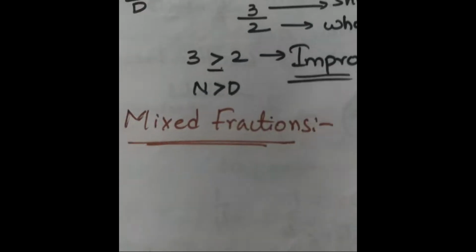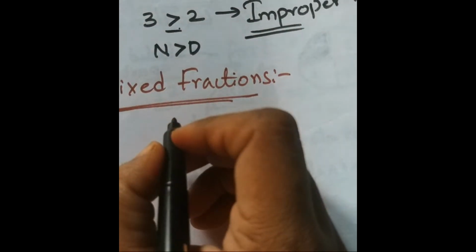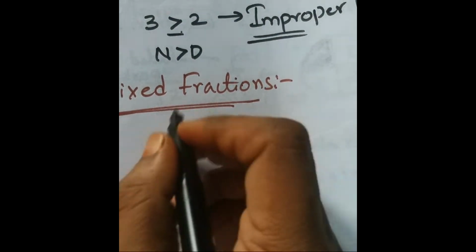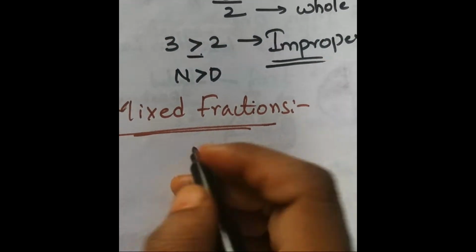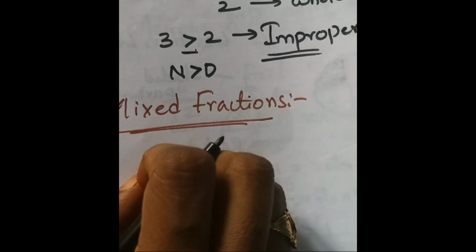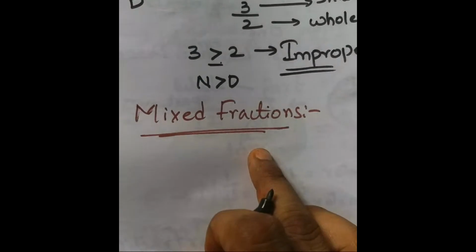Okay, now in this mixed fraction, we have two fractions that are mixed: one whole part and another, a half part. When the two become mixed, that fraction is called a mixed fraction. Okay, the value of an improper fraction is always greater than 1. For example, in this mixed fraction, we have